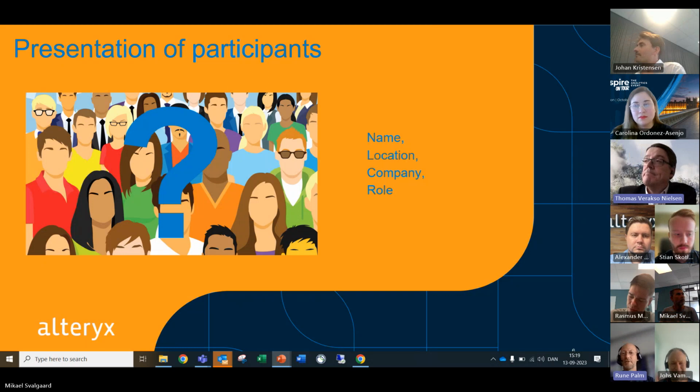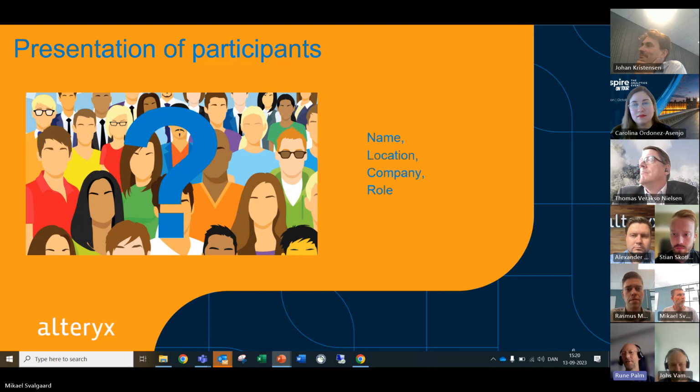We use Alteryx for a lot of different data sources, and it's basically our whole ETL process that's based on Alteryx. We really like it. Apart from being an analyst, I have responsibility for our server, so I have a lot of issues related to governance.